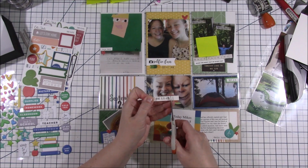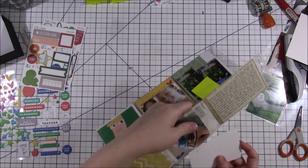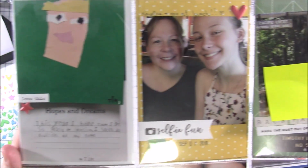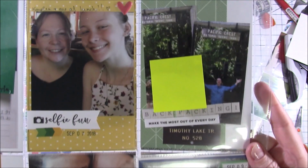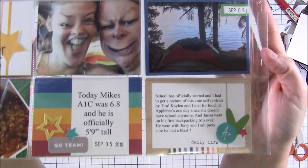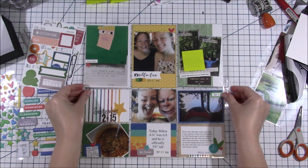And what I did there was I accidentally printed or stamped out the wrong year. So I just stamped out the date on another piece of white cardstock, trimmed it down, and put it over the top of the other one, and you won't even notice. So I'm slowing down the video here just for a moment, just so you can see. I'm not going to do still shot photos with these. Like I said, I'm just trying to get it done and finished. And here is the left hand side of the layout for these two weeks, September 2 through 15, is what it says. So now I'm going